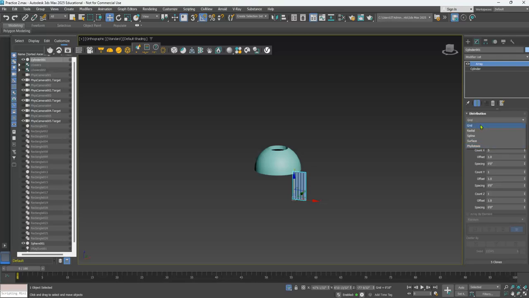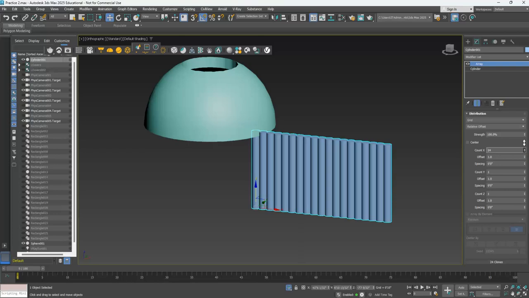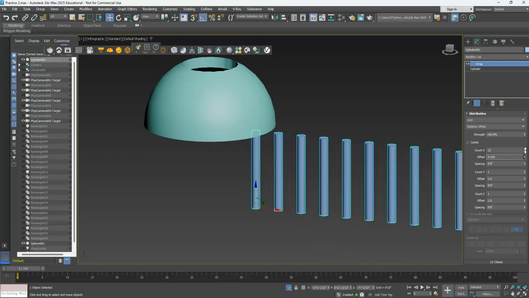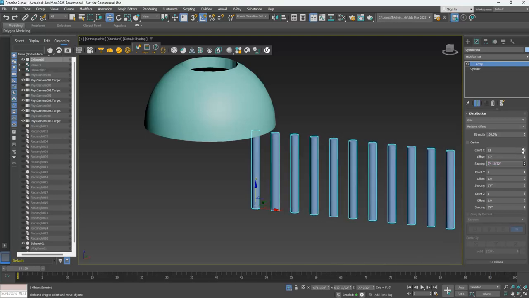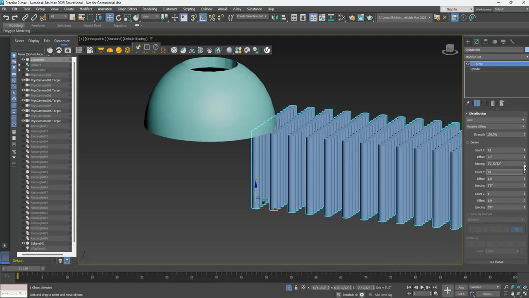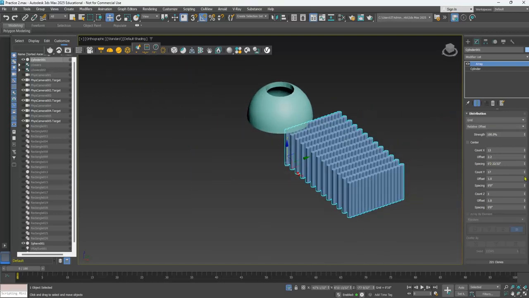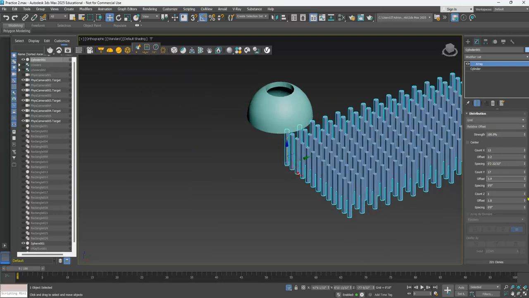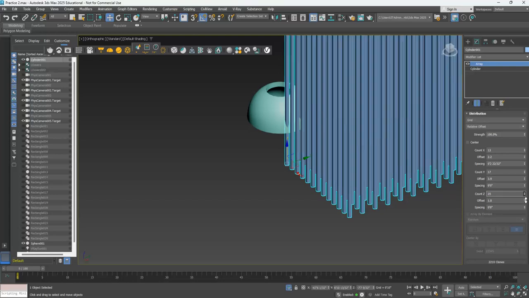So grid is probably the most simple one, right? You can array through the count. Right now we have a count of 5. We can then array by the offset of each one. We can do the spacing to give it a precise spacing, say 2 feet or 3 feet. We can do also along the Y direction, the spacing. And we can do also the Z direction. That means we can go up, and we can also